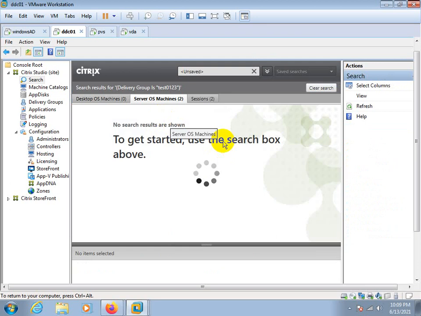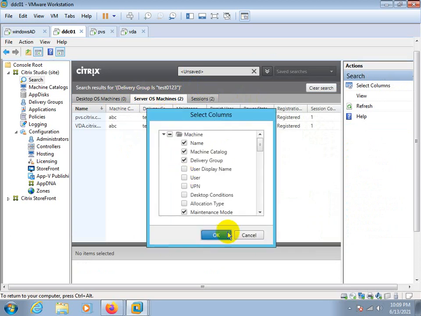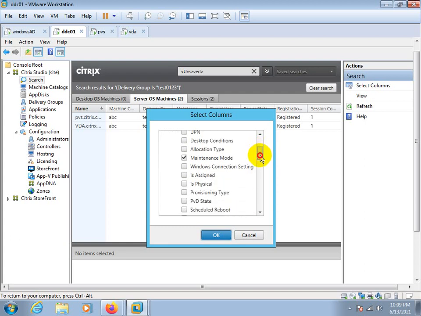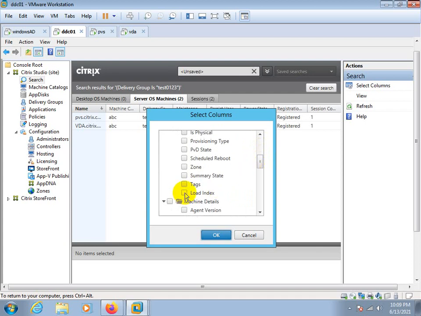Can anyone tell me how to get load of Citrix servers? Can anyone see what is the option here?